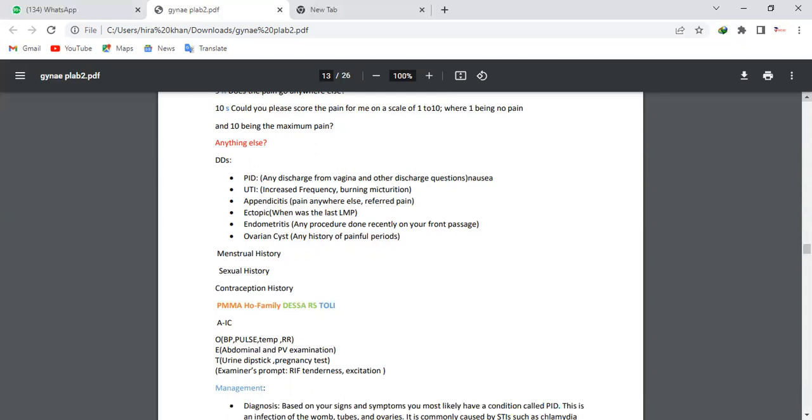For example, what questions can I ask: are you allergic to anything? Do you have any previous medical problem like diabetes or blood pressure? Are you taking any medicines? And what can I skip? I can skip family history. But I need to ask: do you have any previous hospital stays for a similar condition? Do you smoke? Do you drink alcohol?